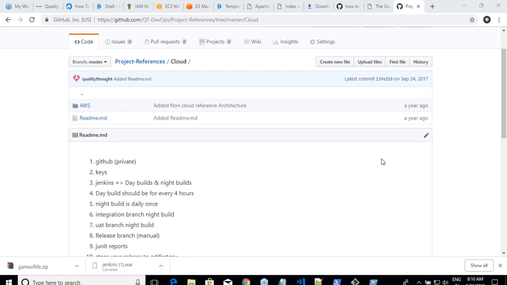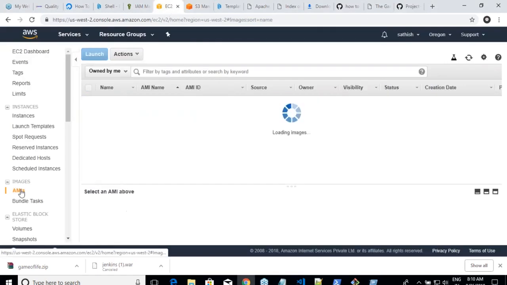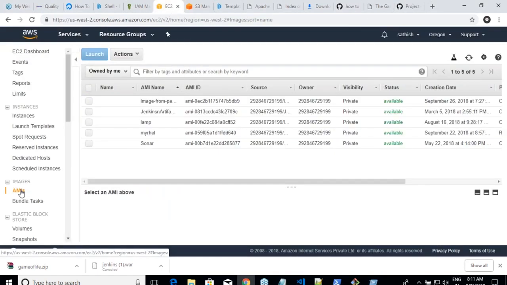After the image builds, where is it saved in our system? It is not saved in your system. It is saved in your AWS account. Because AWS images cannot be stored in laptops. They can be stored only in AWS accounts. So it is present in your AWS EC2 console. Once you go over here, you will see a section called AMIs. Go over here, and you will see your image over here. That's where you see it. Okay.